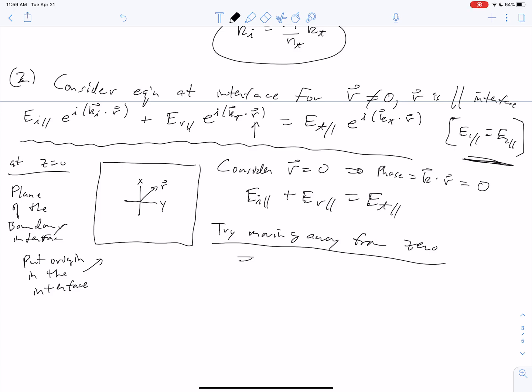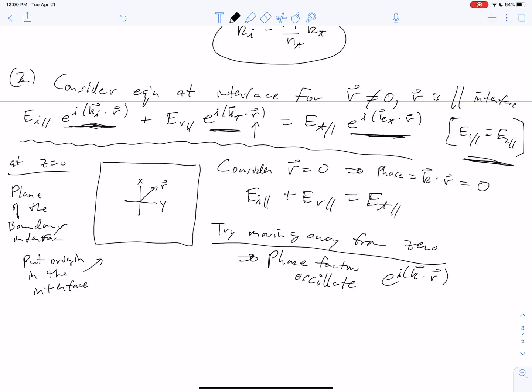And then the phase factor oscillates. Phase factors oscillate, e to the i k dot r. They oscillate. That's what a wave is. And here they are: here's these three phase factors, here, here, and here. These three phase factors oscillate as we move away from the origin. And so what happens then is that if I move anywhere on this interface,